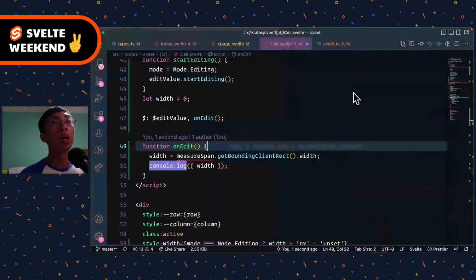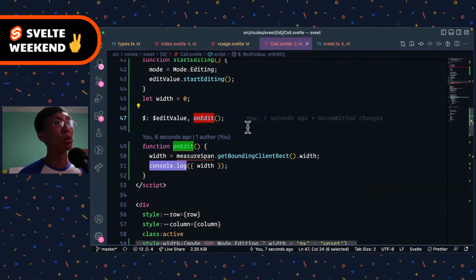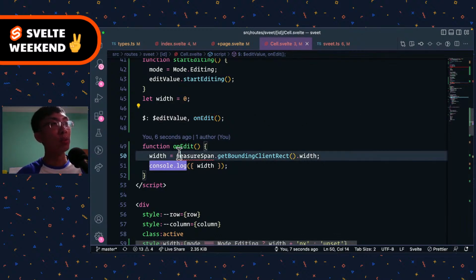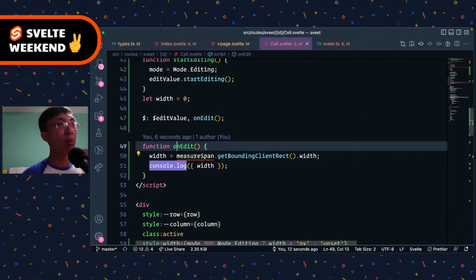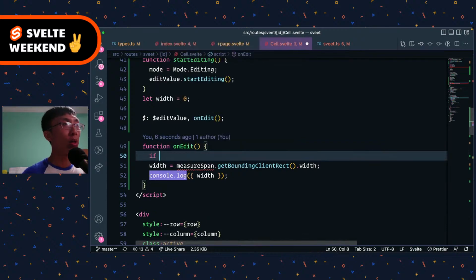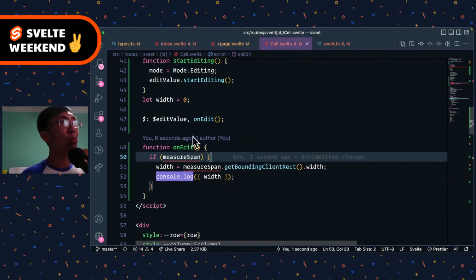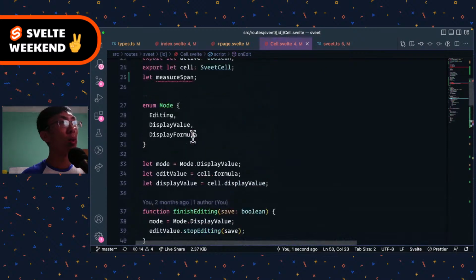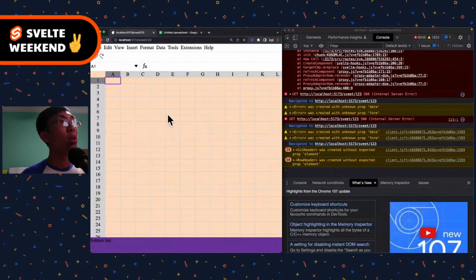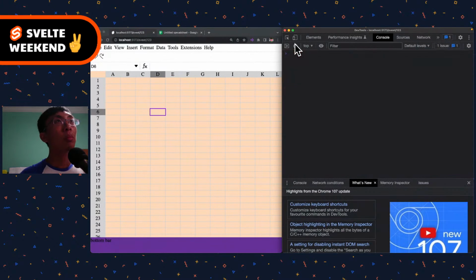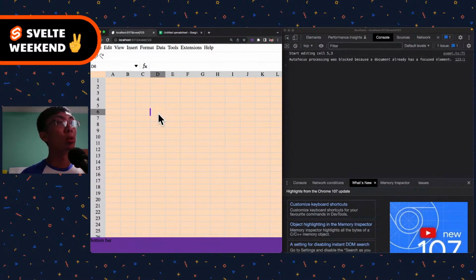I think by that time on edit is not yet. I think the first time we run this, we haven't even had this measure span element yet, so it will throw an error. So we can check if this measure span is a variable that can already be used, then we do things over here, right? So here, let's see, and so when we change,